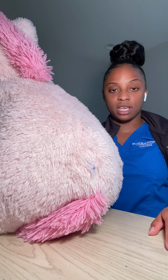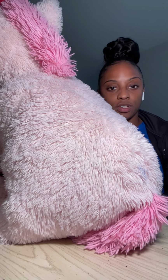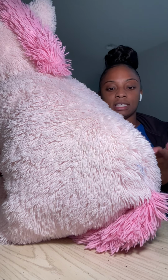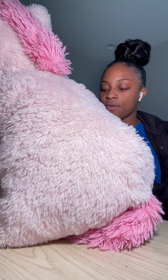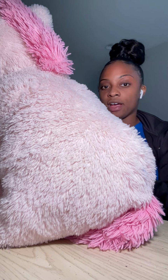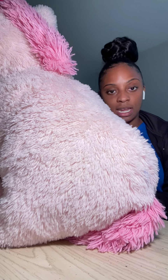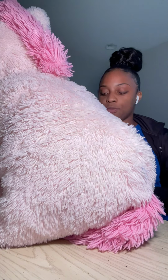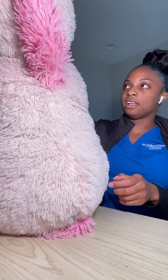So I've already got my tray set up with my gloves and everything. So now we're ready, and he's going to go ahead and insert the epidural. And I'm just monitoring her breathing. I can do some breathing exercises with her as this is being inserted. Now that the epidural has been inserted, I'm just going to stay with her, and I'm going to make sure that her vital signs stay stable, as well as the baby's vital signs. They will both be connected to the monitor, so that we can monitor their vital signs, their heart rates. So now that that's done,